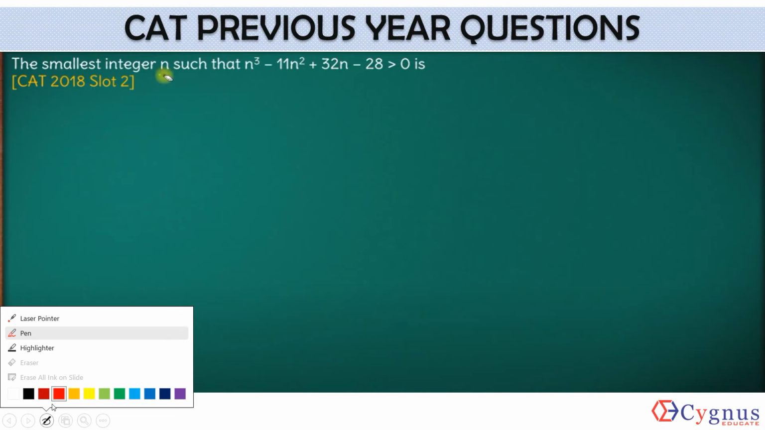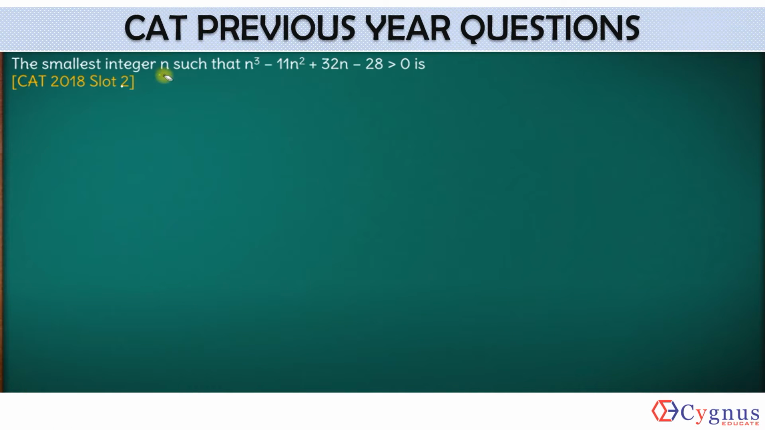Hi, it's a question of CAT 2018 slot 2. Now the inequality is given here, which is greater than 0. Fine. Okay, let's assume that this is not an inequality, it's an equation. It's a cubic equation. So can we find the values of n for which this part will become equal to